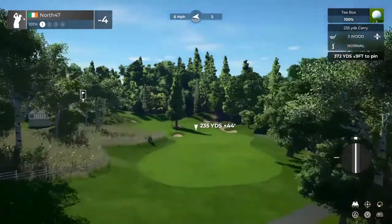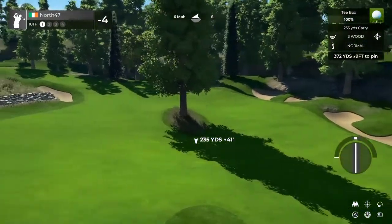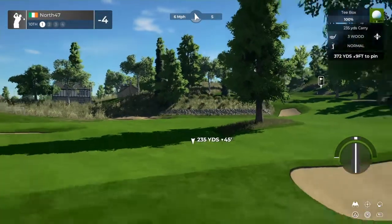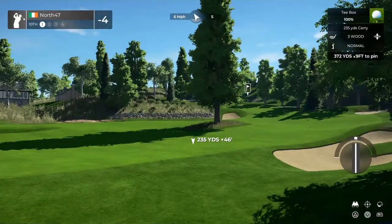So the 10th hole, again, we've been defaulted onto the 3 wood. And we've got this big tree splitting the fairway. So one thing we probably don't want to do is end up in it, but we're going to have a look at our sight lines. If we do manage to get down past the tree, we have still got a sight line into the green. And I'm using the wrong blooming...